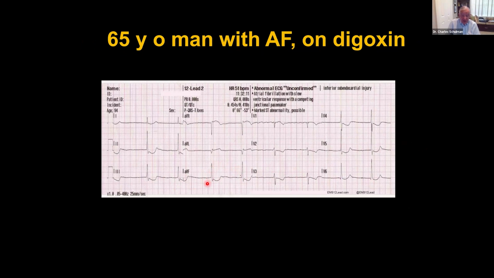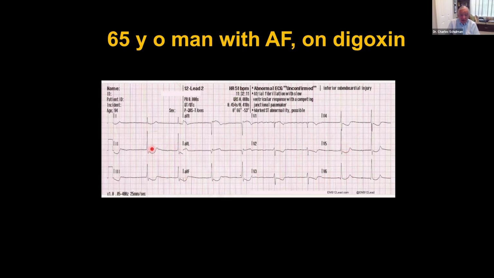It's 51. And it's perfectly regular. You notice that? It's perfectly regular. In this case, it's not from a beta blocker. A beta blocker can do this, but when digoxin does it, it's digitoxic. And these ST depressions, these scoopy looking ST depressions,